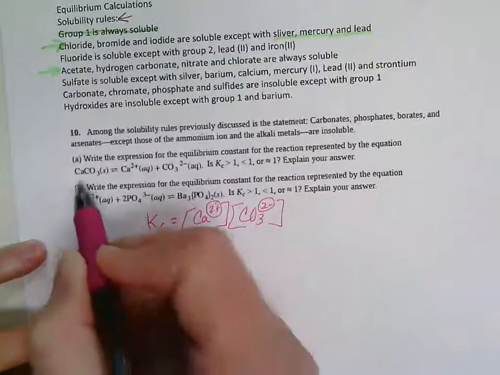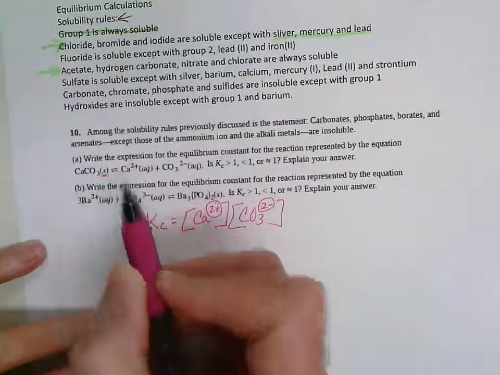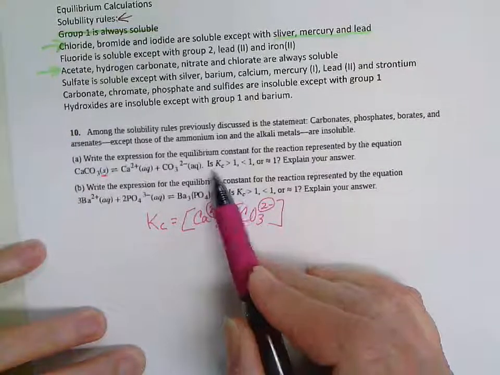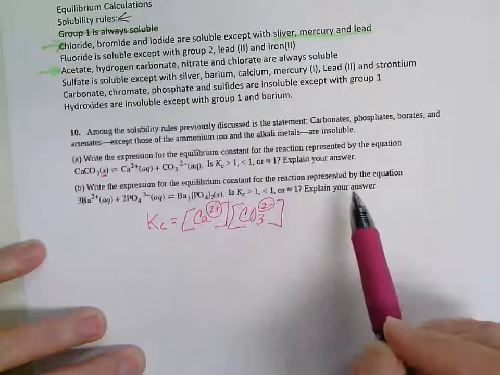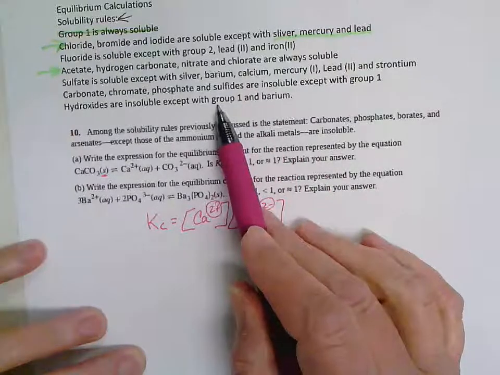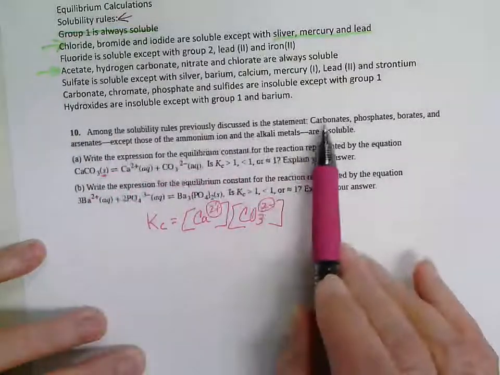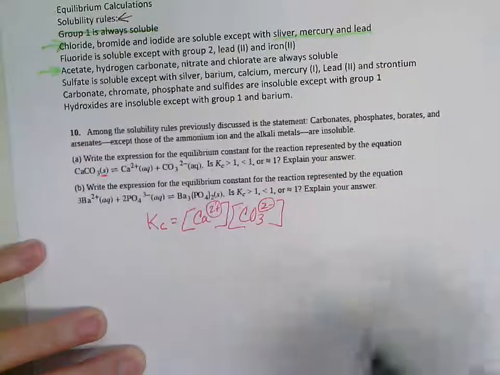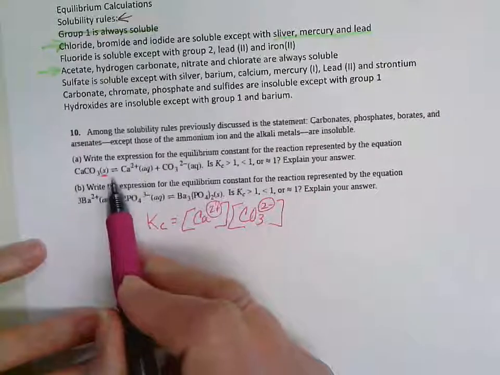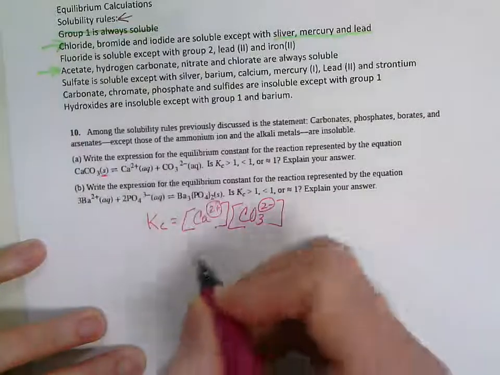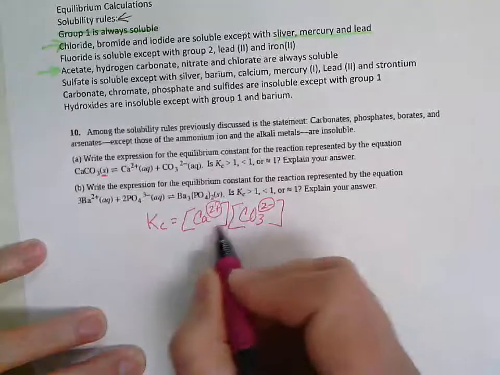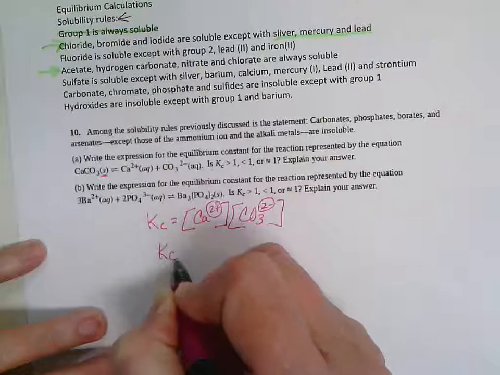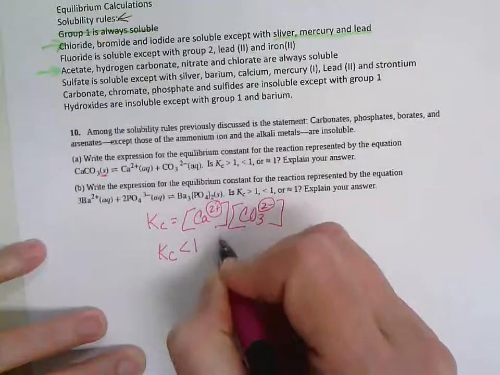You'll notice that calcium carbonate, which is a solid, does not appear in this expression. And now it's asking, is Kc greater than 1, less than 1, or equal to 1? And this comes back to those solubility rules. And said here that carbonates, phosphates, etc., except for with ammonium ions, are insoluble. So that means very little of it goes to products. And if very little goes to products, this number is going to be really small. And so I would predict that Kc is less than 1 because